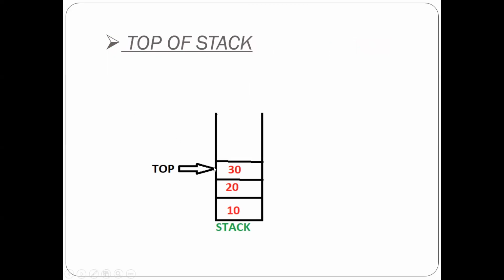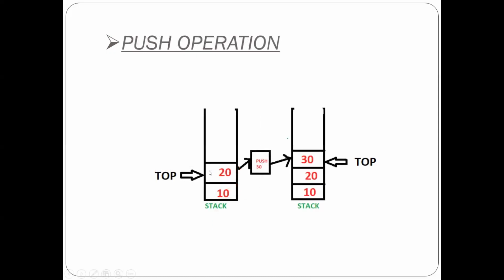So in this figure, this is a stack. If you are able to see here, three atoms are there, 10, 20 and 30. So 30 is the top end. This is the only one end present here from which we can do the addition and also the deletion. As the lastly added atom here is 30, 30 is the top end. So this is called the top.